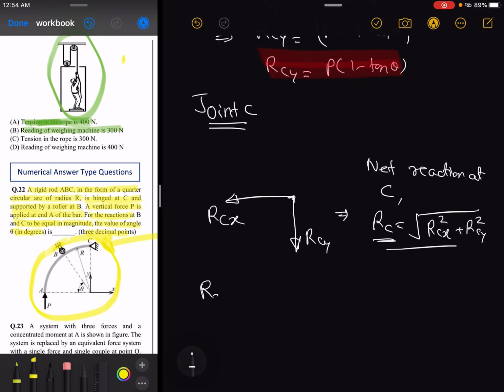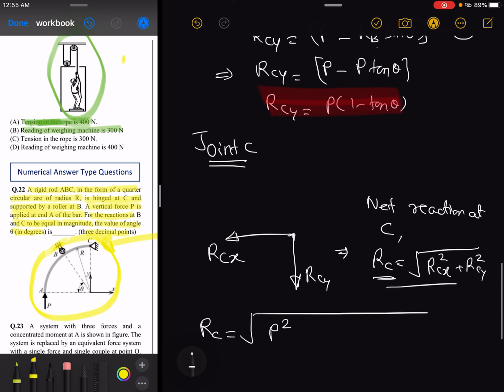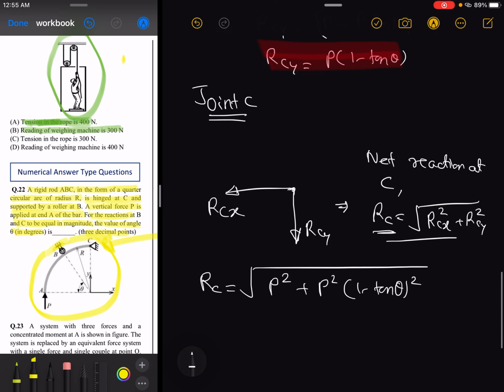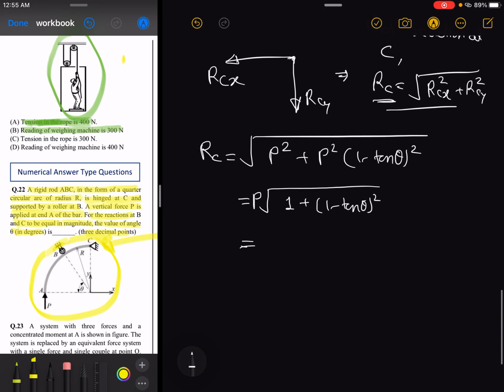So RC will be equal to under root of RCX whole square, that is P square, plus RCY whole square, that is P square into 1 minus tan theta whole square. Okay, so this is what we are getting. So if you observe, let us take P as a common, so I will be having here 1 plus 1 minus tan theta whole square. Okay, so if you observe, this RC is equal to P